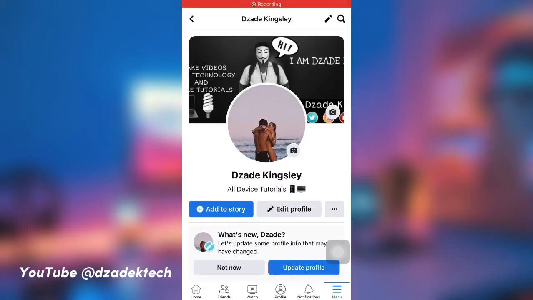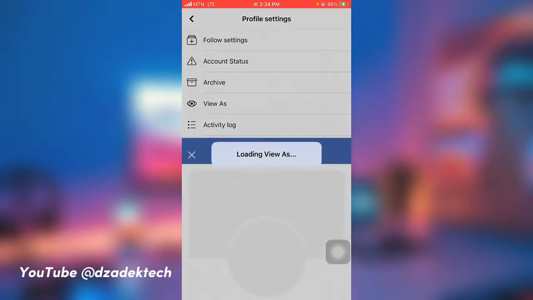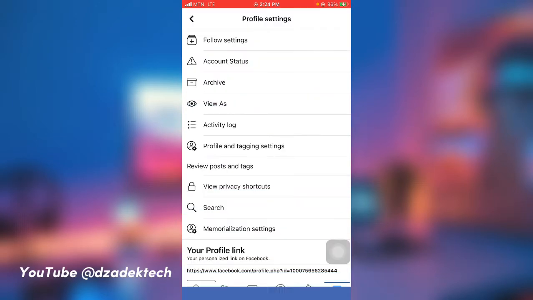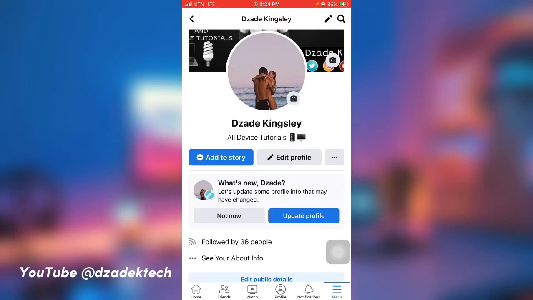So this is a profile, and this is how you convert into a page-like way. Not necessarily a page, but somehow a page. You can allow people to follow you and you see your followers count. So when you go to view as in preview, you can see add friend and message. This doesn't look like a page, this is a profile. So to do this, quickly head to settings,